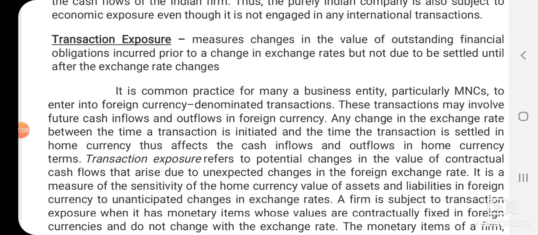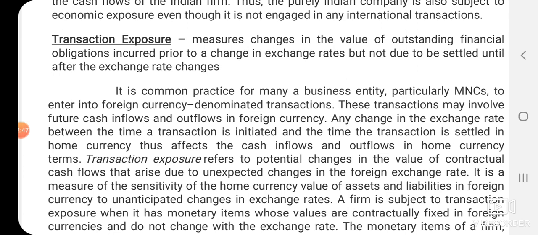Before going to transaction exposure, I have already told you what exposure is and how to minimize it. I said this in brief in the previous video on types of exposure. However, we can discuss it again here, then I'll move into the techniques of managing transaction exposure. First of all, I'll give the definition, then move into the descriptive part.